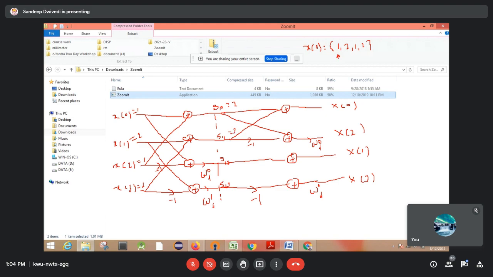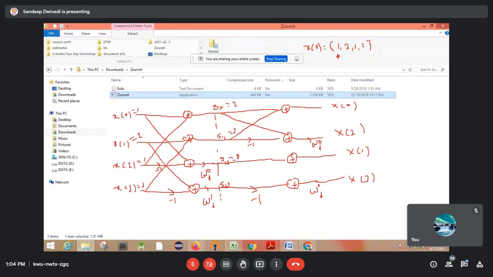Okay, so like this you can do the calculation. So X1 2, here two adders are there, this one and this input. So this will be 1 minus 1, and this is a 1. W raised to power 0, anything raised to power 0 means it will be 1. So this will be 1 multiplied by minus 1 multiplied by 1. That answer will be multiplied by 1. So this will be 1 into minus 1, so this is also 1, so this will be 0. 0 into 1, so this will be 0.